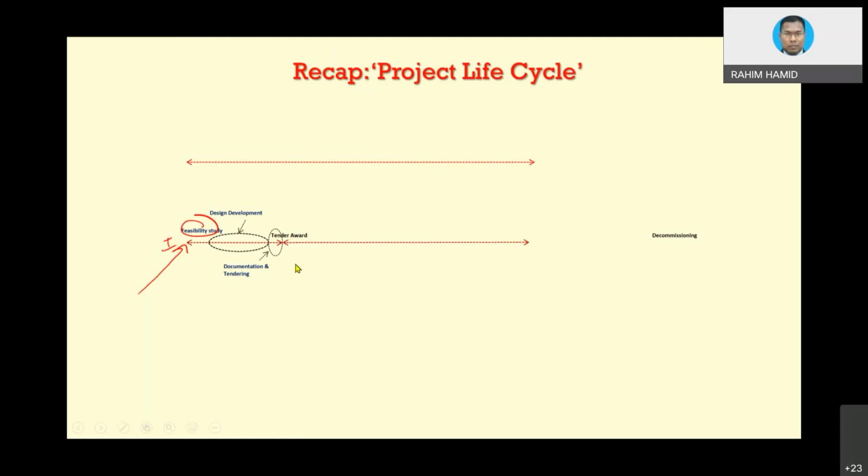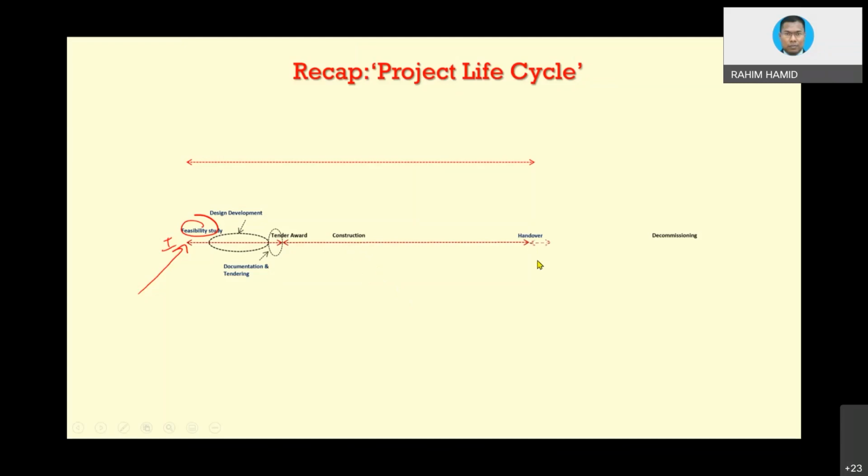Then after you award a tender, or even when you announce the winner, the contract between client and contractor is being formed, even without you signing. That is the concept of construction law or any law anyway. Then construction will start somehow, somewhere. When you are granted access to the site, then you can move in. The construction will begin and will reach practical completion, and then you will hand over to the client, and then there is a period,